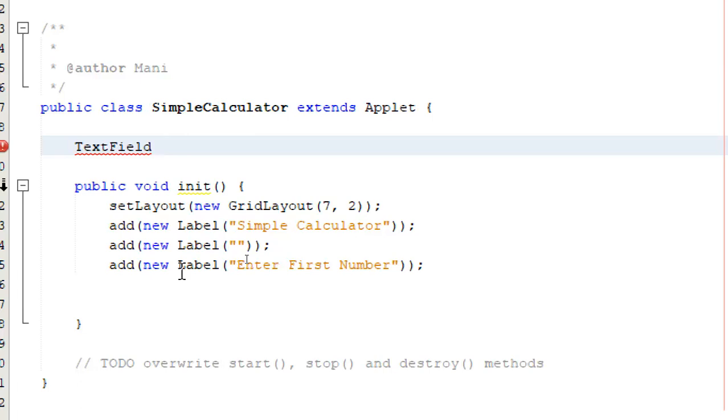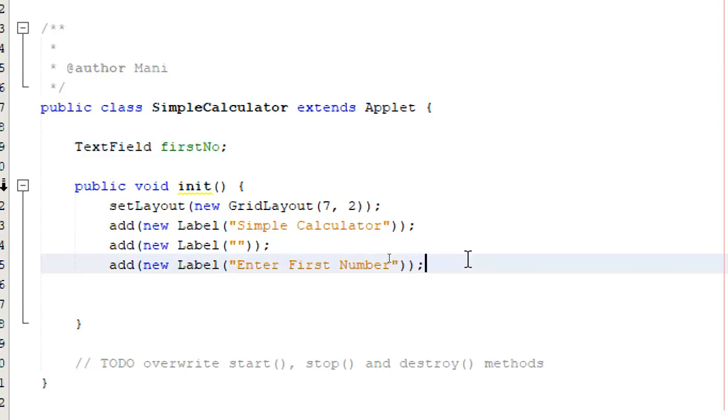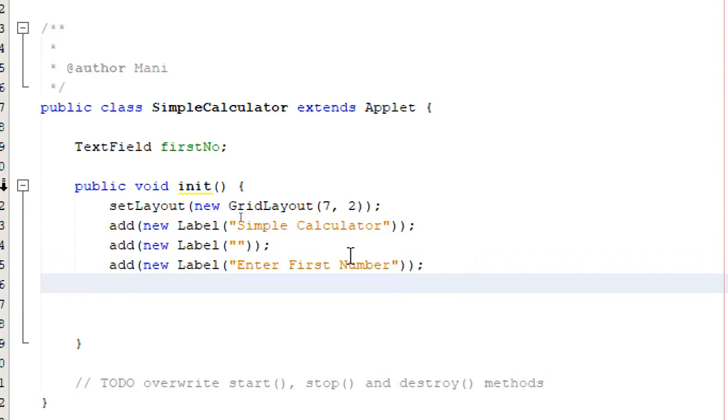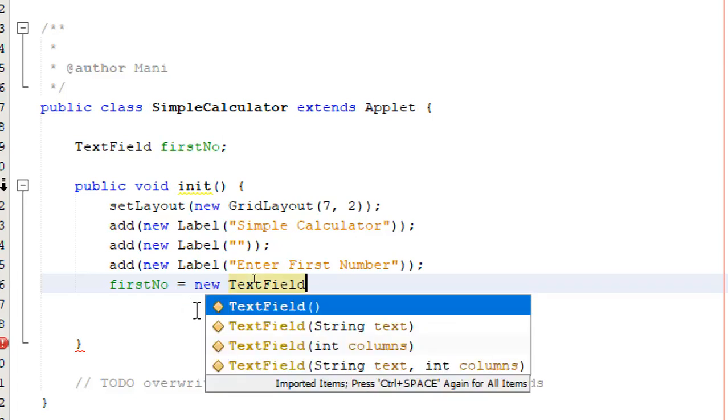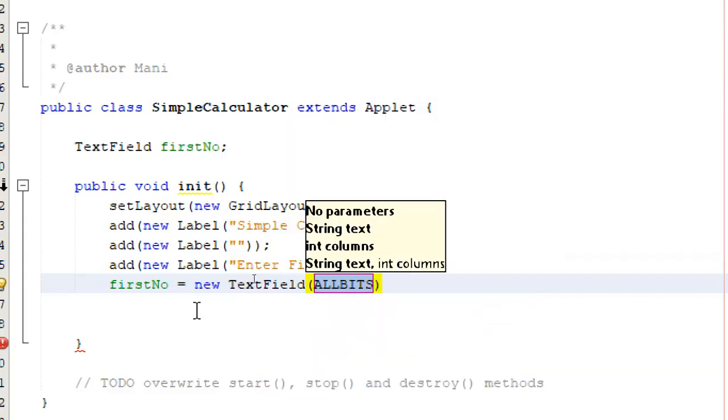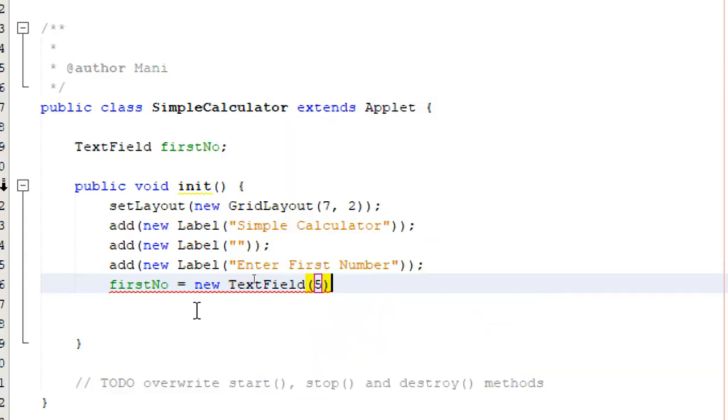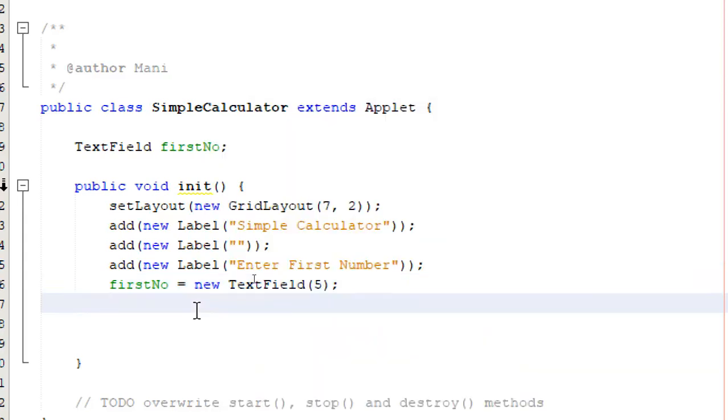Let's go ahead and give it a name. I'm going to call this firstNumber. Let me instantiate that. I'm entering the init method over here, and I'm going to initialize this one, and I'm going to say this is new TextField, and I will set the number of columns as 5 for this particular text field.